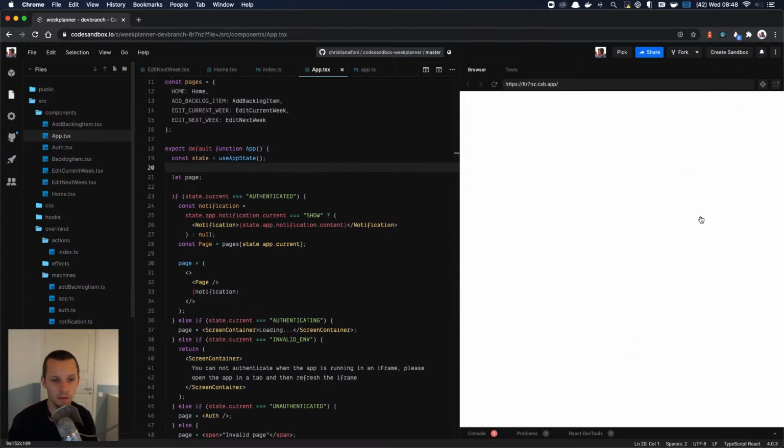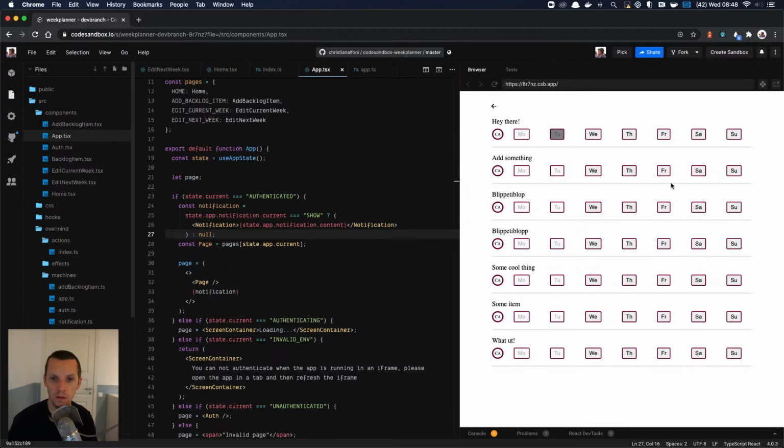Can I click it? Yes, so here you see now this is gray because this happened like, well, actually this week. But now when I'm looking at this week, we can see that it's purple because I'm changing the current week.